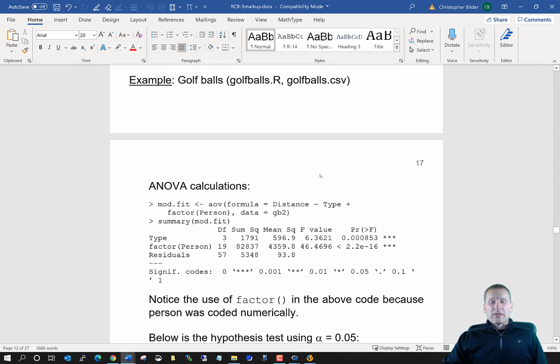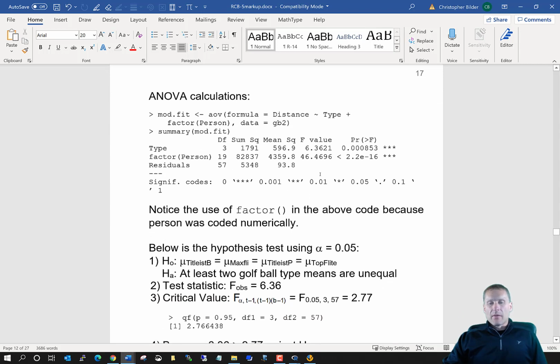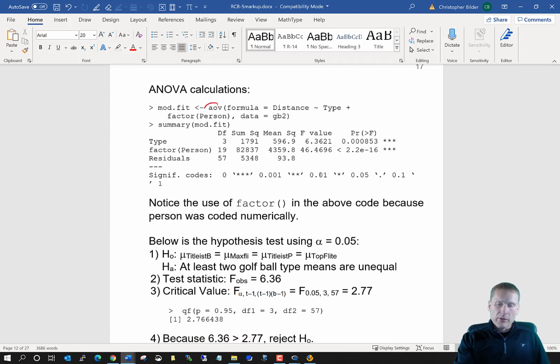How can we get this Anova table? Well, as you might expect, we use the aov function, just like what we did before. We have a formula argument. Our response variable, in other words, y sub ij, is our distance. And we say tilde. It doesn't matter which order you put these in, but you need to pay attention to what the order is. Then when you look at the corresponding Anova table, here I have type, which will be the corresponding golf ball type, plus then the actual